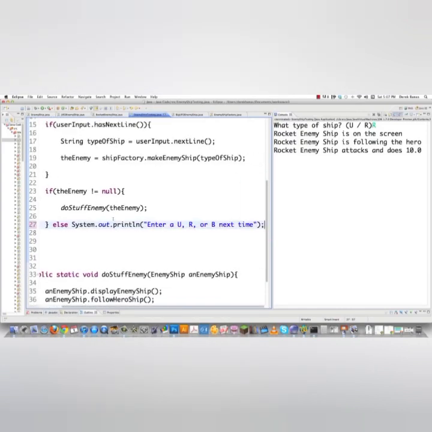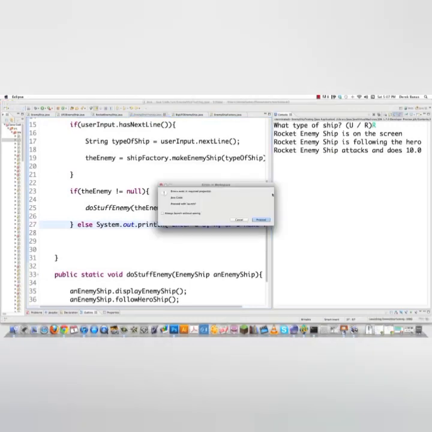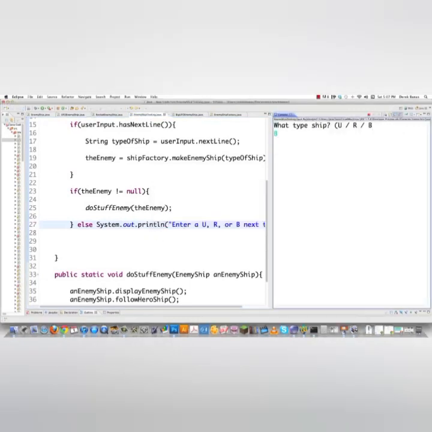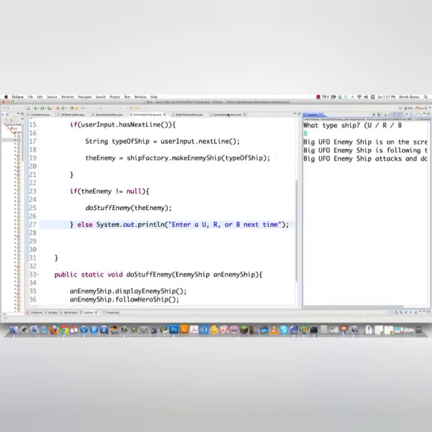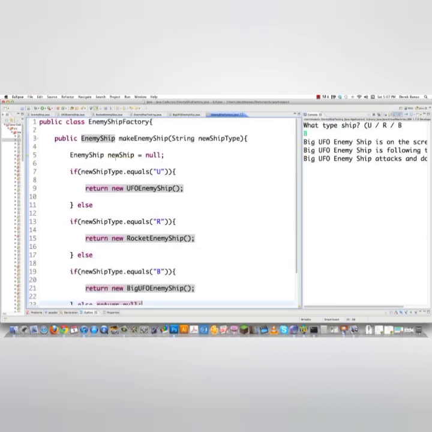There we are. So let's try out the factory and see what happens. So there we are. What type? Let's just say B, enter. There you go. Big UFO enemy ship. And everything's created dynamically using the EnemyShipFactory object. So that is the beginning of using factory patterns. And up next, I'm going to cover the abstract factory pattern as well as